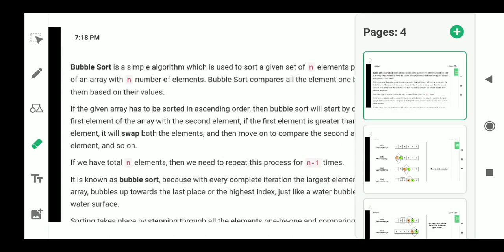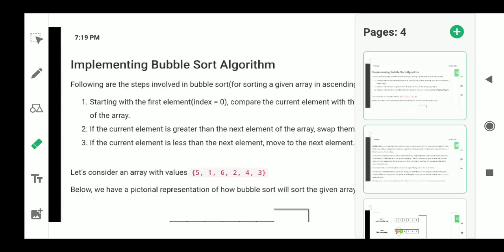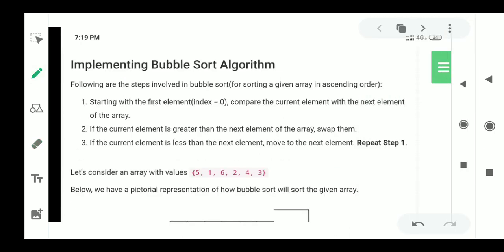We'll see the description now. What is the description they have given? See, first, starting with the first element, compare the current element with the next element of the array. So whatever the list of elements given to us, we will take the index value 0 element and index value 1 element. We will compare both the elements.